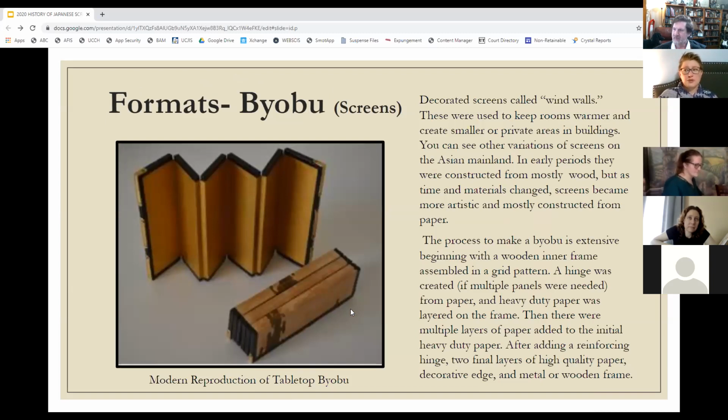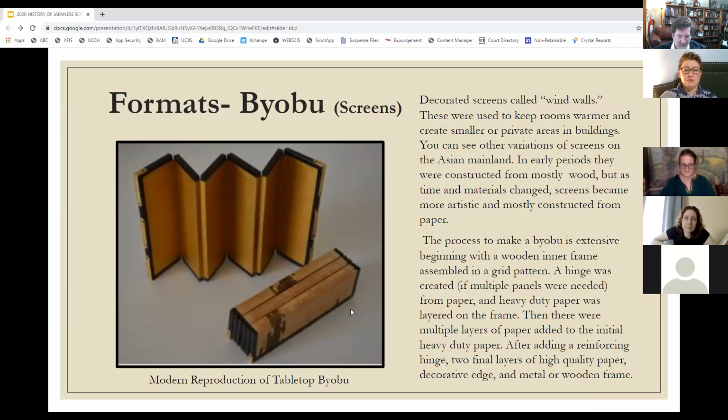So byobu, they're really challenging, but they're also one of the coolest forms of scrolls or decorative paintings. These are called wind walls. They were used to keep rooms warmer and create smaller private areas in buildings. You can see other variations of screens on the mainland. In early periods, they were constructed from mostly wood, but as time and materials changed, screens became more artistic and